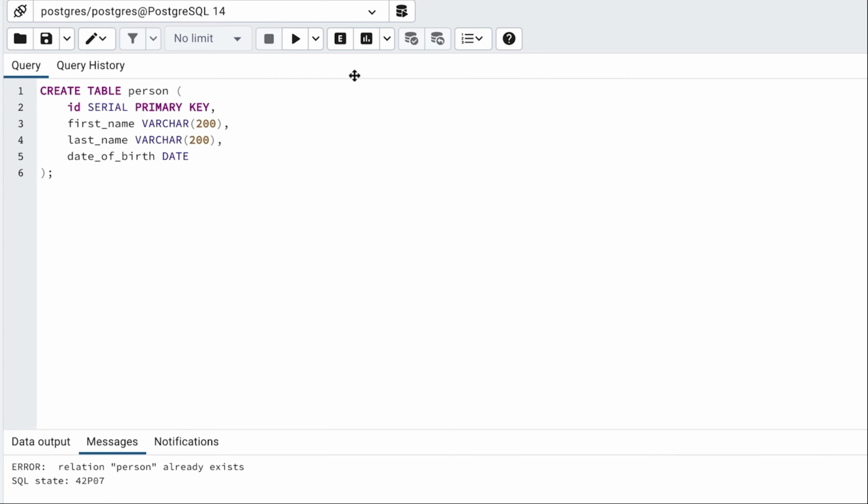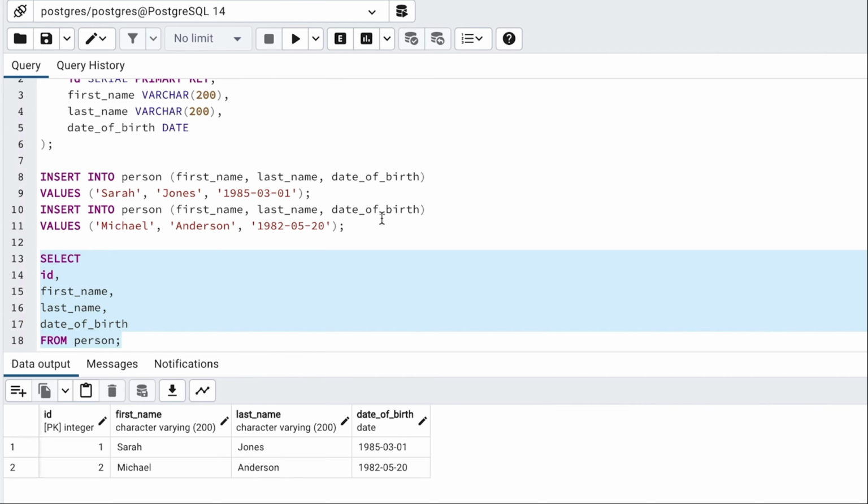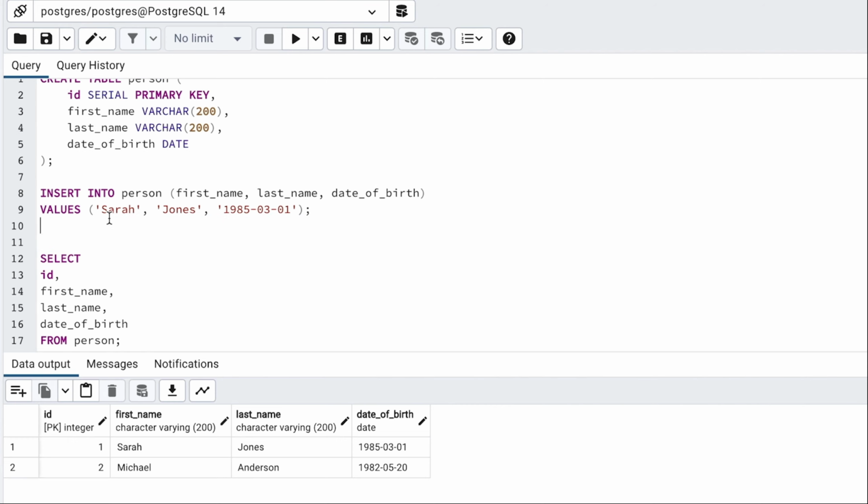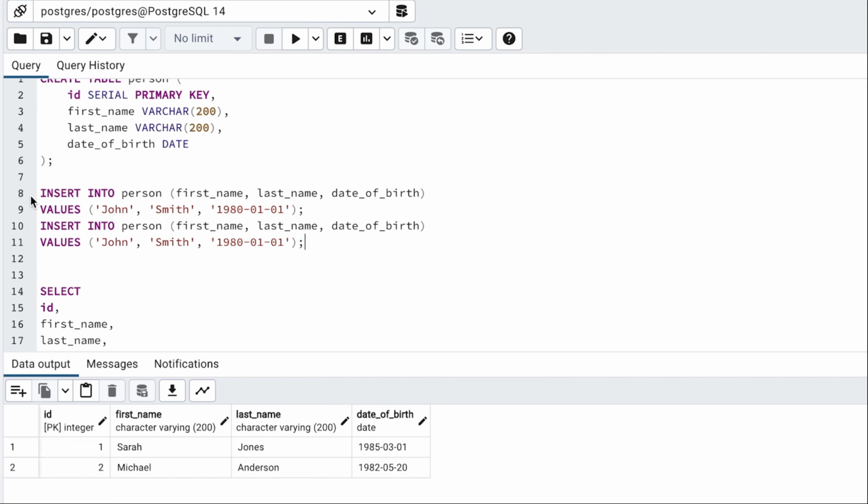We've got a simple person table here. We have an ID, which is the primary key, and then a few fields that represent a person, their first name, last name, and date of birth. Our primary key means that this ID field needs to be unique. But even with the primary key, we can still insert two rows into the table with the same information. We can add two records with the name of John Smith and the date of birth of 1st of Jan 1980. Here is an insert statement to show that.